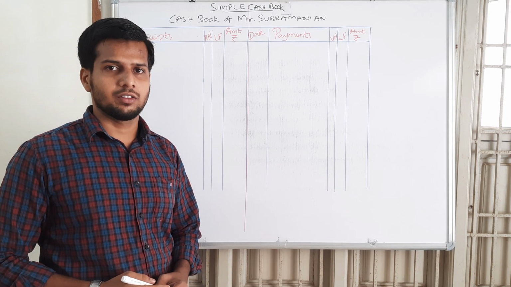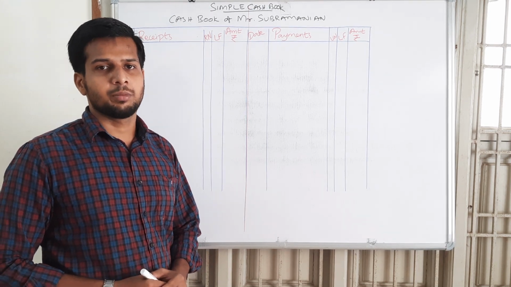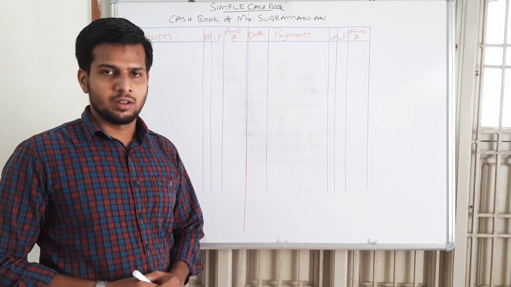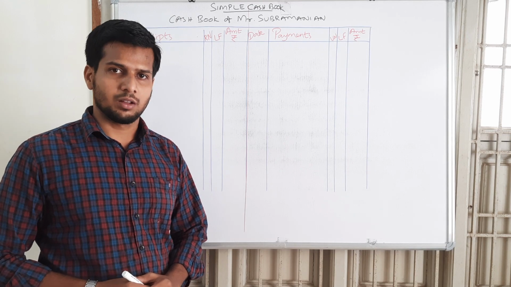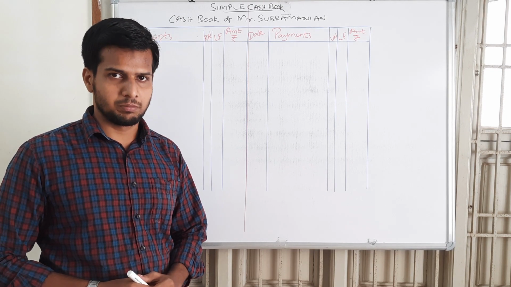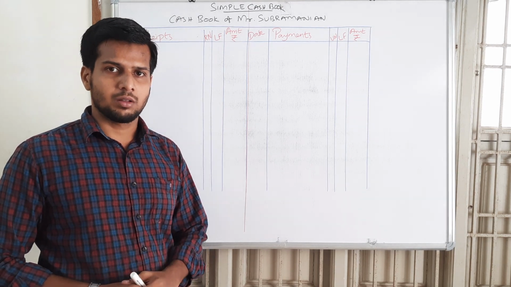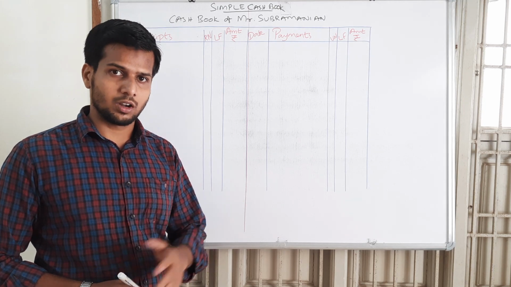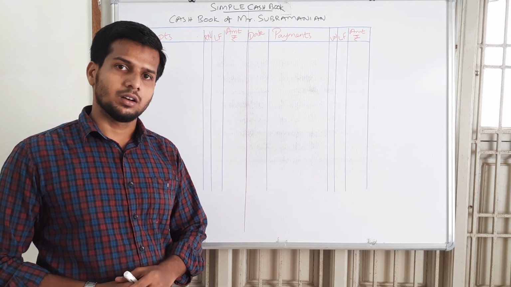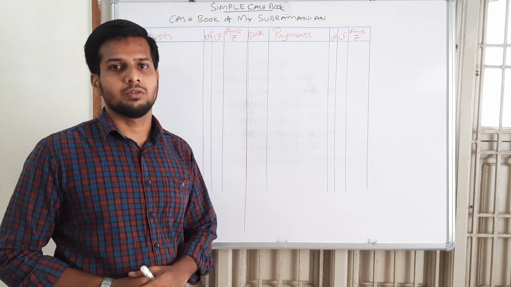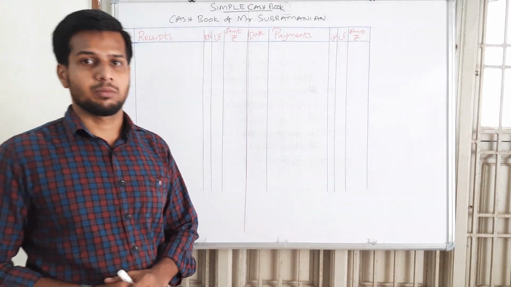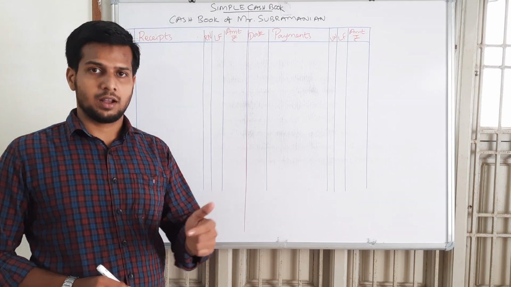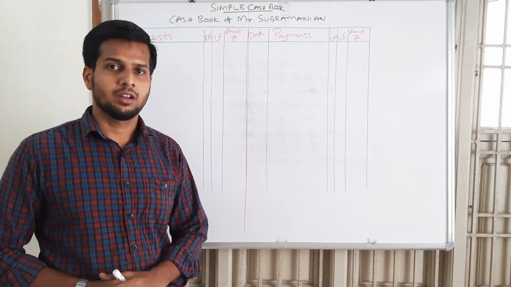And in this class, let's discuss the preparation of cash book. Basically, cash books are divided into single column cash book, known as simple cash book, then double column cash book with cash and discount columns, then another two column cash book with bank and discount columns, and the next is three column cash book with cash, bank and discount columns, right?